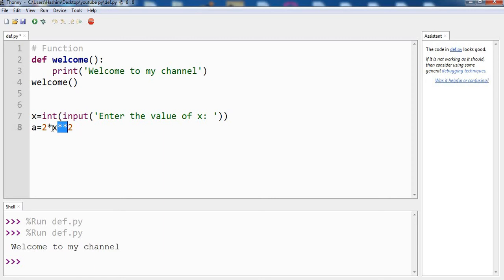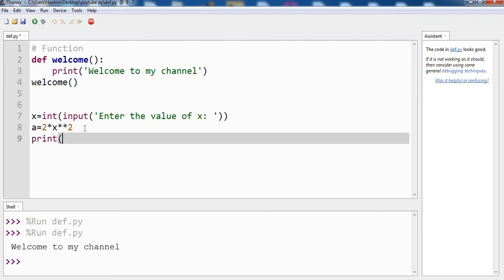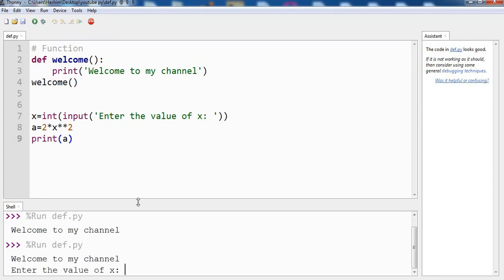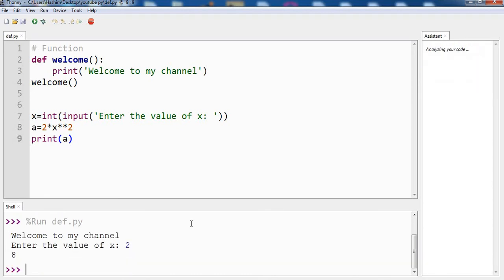These double stars mean x to the power 2. Okay, so what is left now? We just need to print the variable a, and we should get the value. Let's say x is 2, and we are getting the value 8.